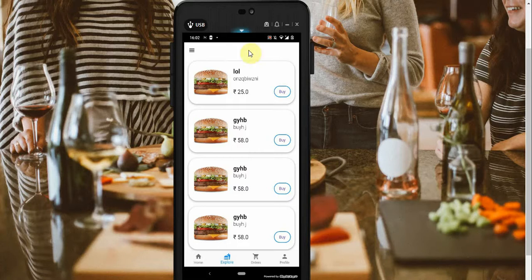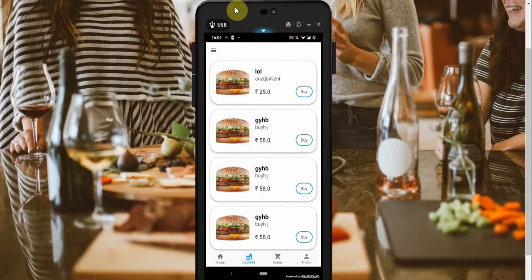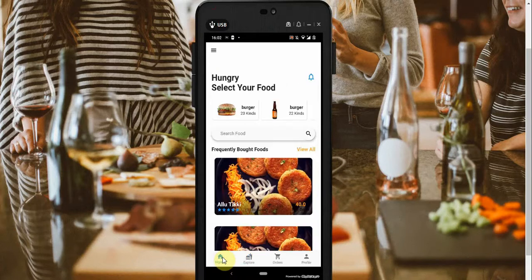What we are seeing on the screen is a mobile food delivery app, with promotions and a promo code. By that promo you can understand that this is going to be one of the interesting tutorials. This is a simple food app which consists of a database as the backend and Flutter as the front end.